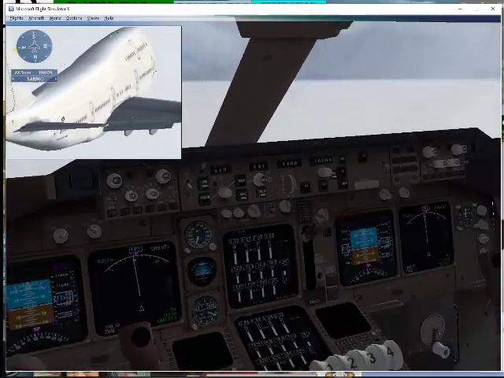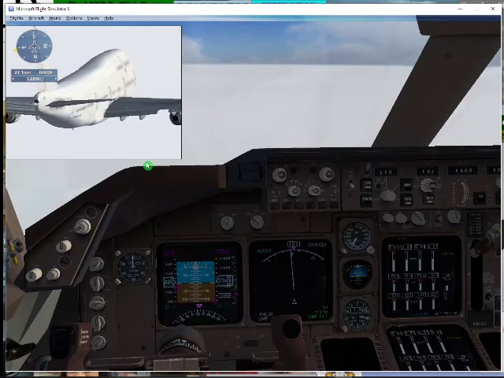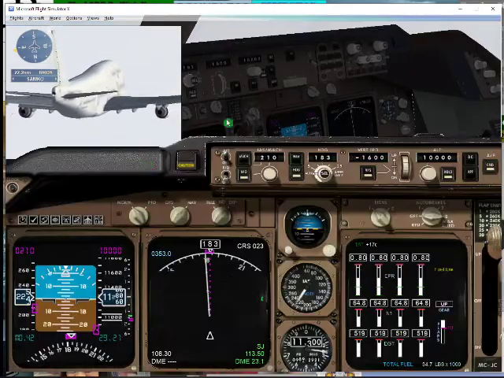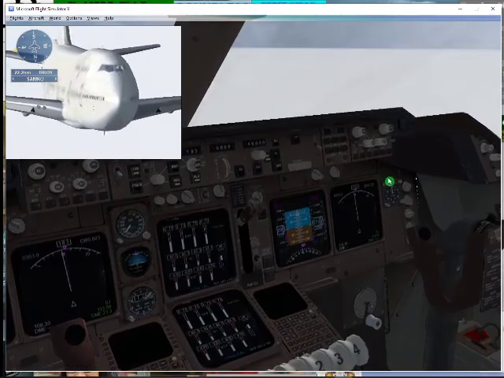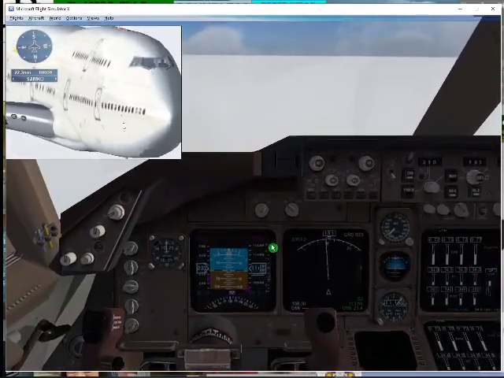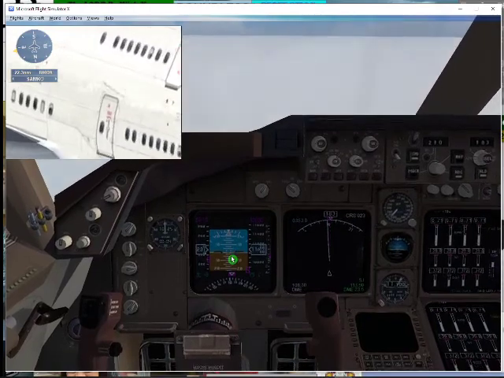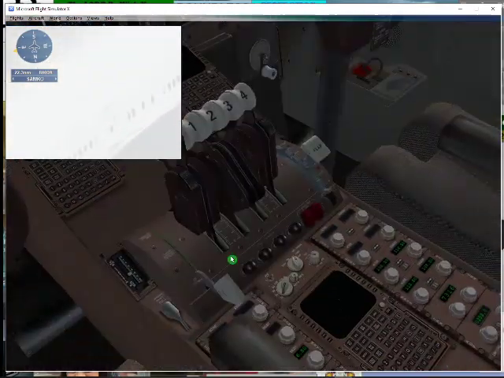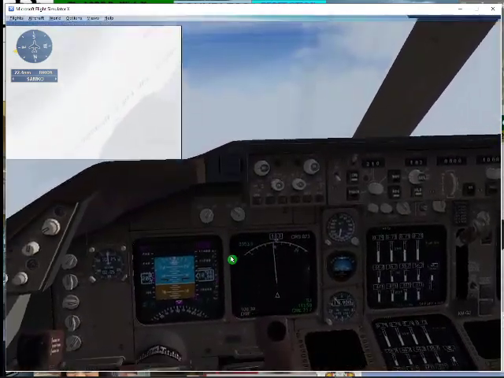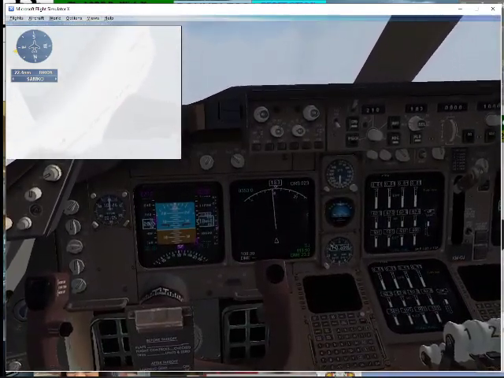We are still descending, so I think I'll just slow that rate of descent using the vertical speed switch to 800 feet per minute and see if we can keep it at 210. So again, I've put the spoilers up. 1,000 to go. Set flaps and I'll retract them again,